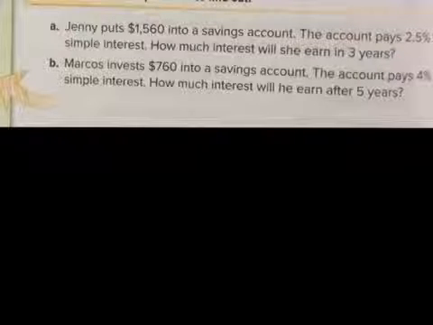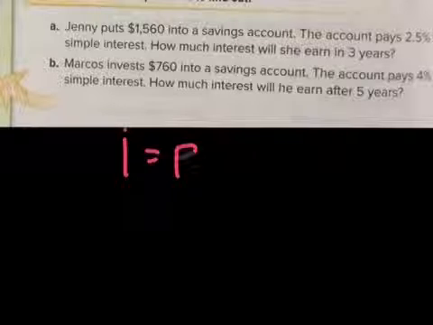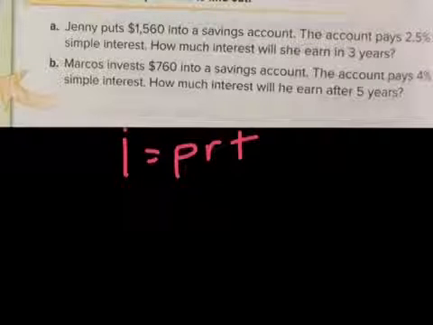Excellent. So what do we need, Alfredo? We need to use our formula, right? Yes. Interest equals P R T. P times R times T. Okay, please replace the variables. Okay, our interest equals